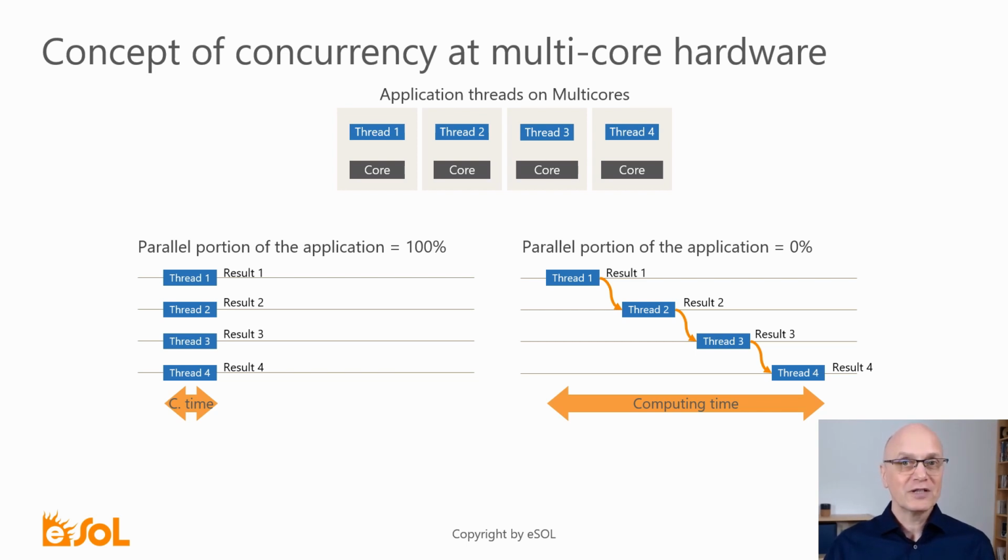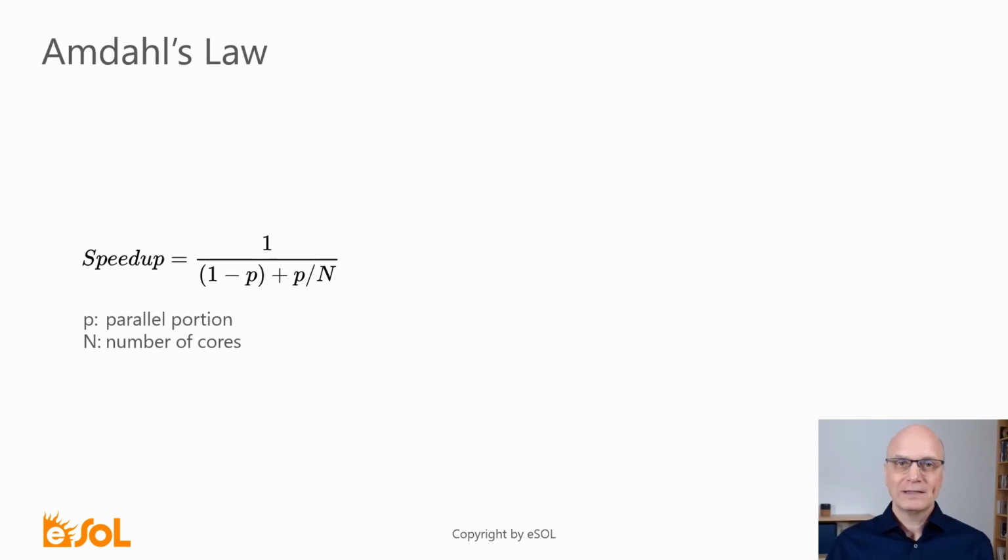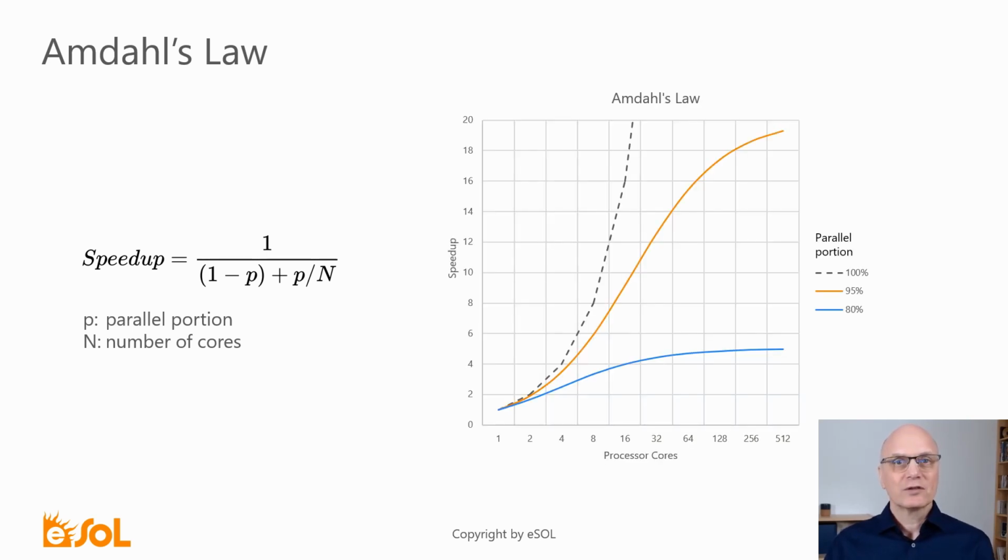The execution of these subsequent functions is blocked until the result of the predecessor is available. Now, finally, we come to the 4th rule, Amdahl's law. Amdahl discovered the connection between the parallel portion and the acceleration on multicore hardware. An application with 100% parallelism also achieves 8 times the speed with 8 cores. However, if it only has 80% parallelism, it only reaches about 3 times the speed on 8 cores as on